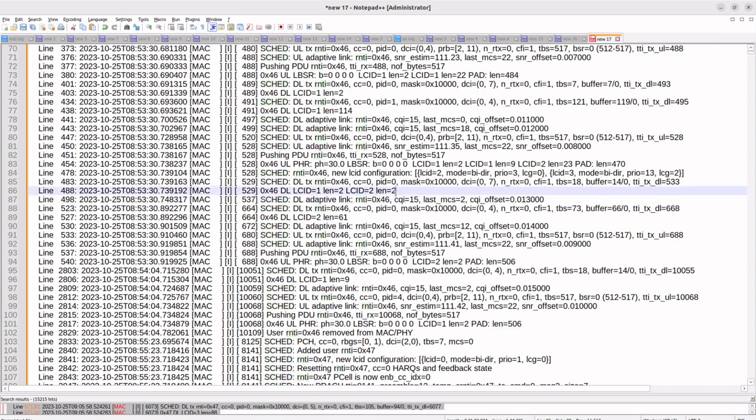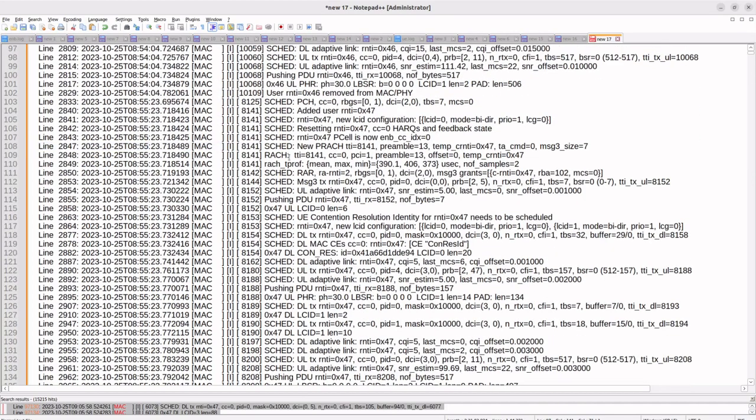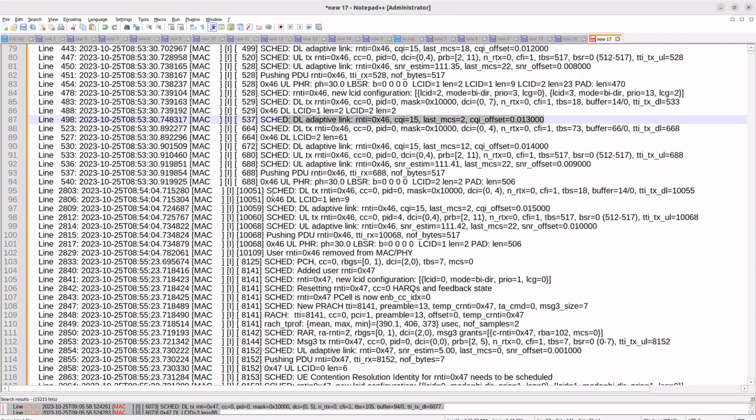RNTIs are there, CQIs are there, last MCS, which means the latest MCS is also taken into consideration, because whenever there is any link adaptation kind of situation, or reporting, depending on the reporting, the MCS might also differ. So that's the main reason it is necessary to update from time to time. Okay, now we are dealing only with this one,